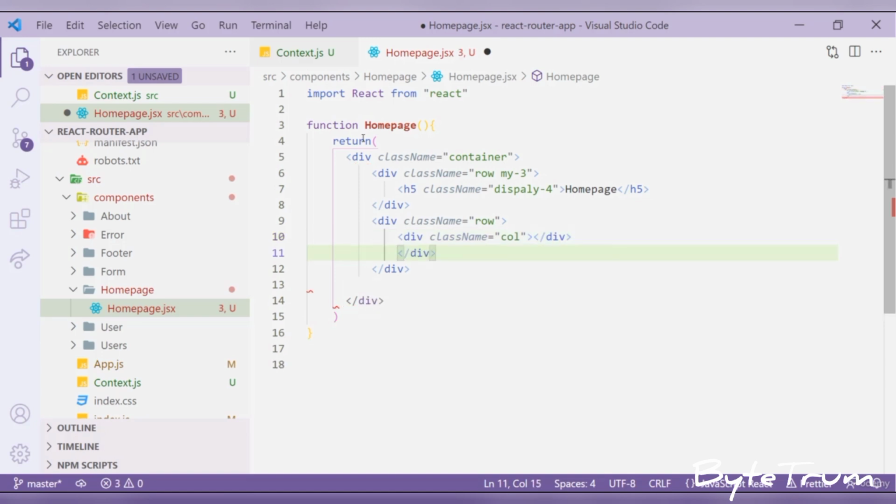All right. So now inside we are having two divs as two containers right now. Let me just get rid of this extra one. All right. So inside this div of class name row, we are having another div with the class name column or col. Now inside this div, what you're going to do is create an image tag. So let's create an image tag,